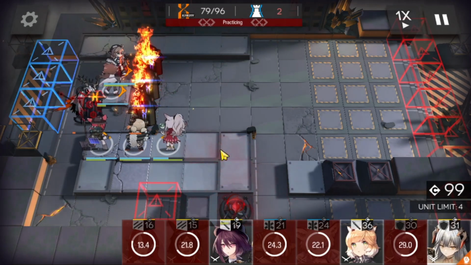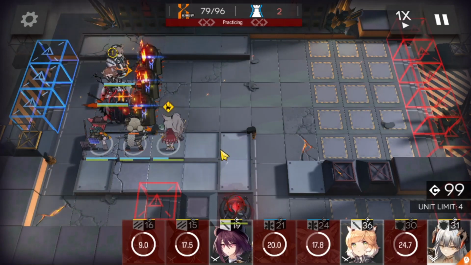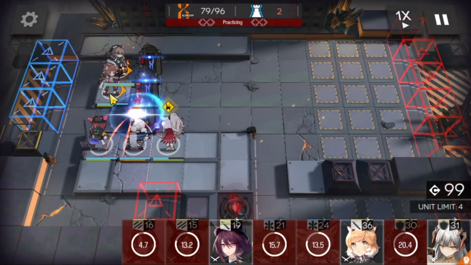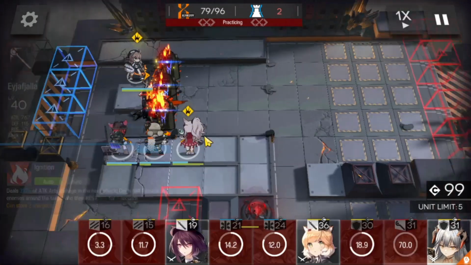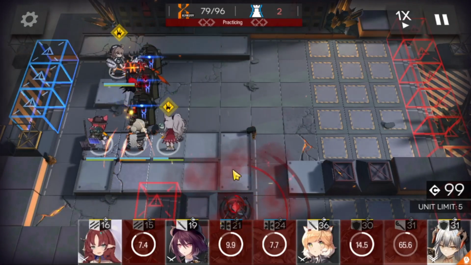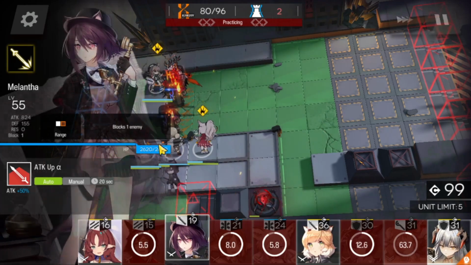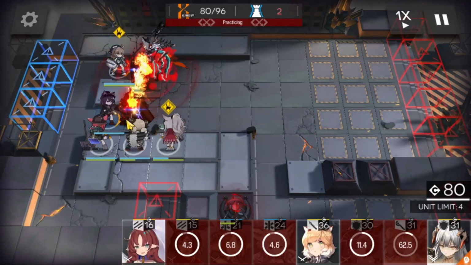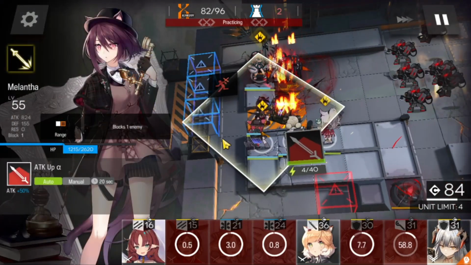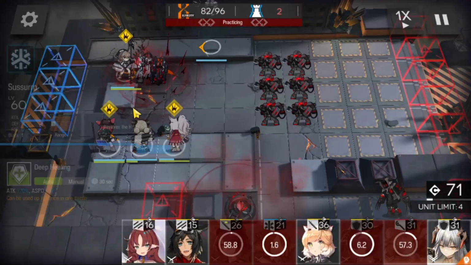Now Patriot, he is really low HP, and he needs to die at least near Eyja Fiala, so on that tile next to Eyja Fiala. So we're actually gonna take out Eyja Fiala to make sure that Patriot doesn't die early on, otherwise everyone is gonna take a lot of AoE damage. So we're gonna throw Melantha as well to block that shield guard, and Patriot dies close to Korra, and we're